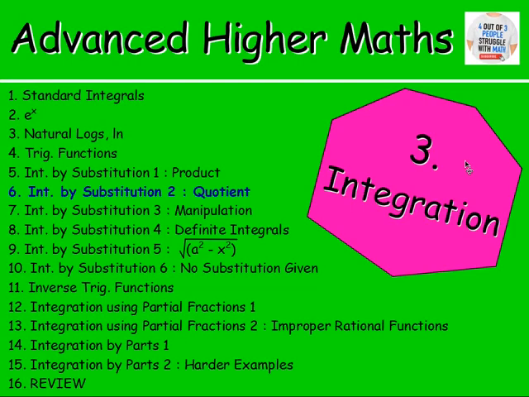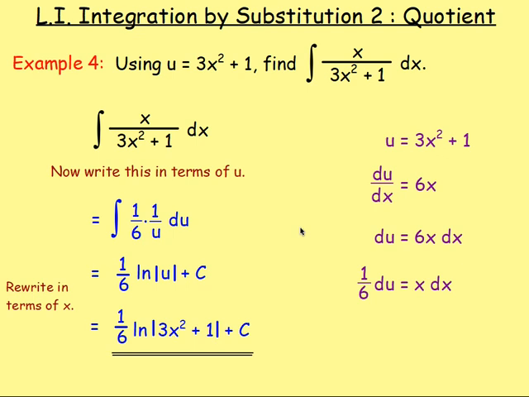There were loads of examples with that. And then we went on to look and applied it to quotients as well, when we're dividing one function by another function. It's the same idea. We've still got our substitute. We're told u equals 3x squared plus 1 in this example, so we know the bottom line there will go to u. So we'll have x over u